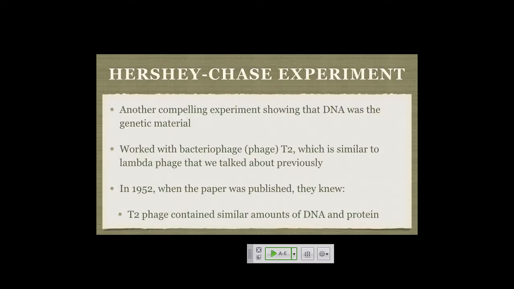So we started this chapter with 2 of 3 landmark or classic experiments that unequivocally showed that DNA was the molecule in which genetic information was encoded. As I said previously, up until the time of these experiments, which was in the 1940s, 1950s, the preponderance of the scientific community thought that proteins were going to be the genetic material. Although certain things, like how to replicate the molecule without causing any errors, trying to come up with those kinds of models with proteins doesn't work very well, but people were trying.